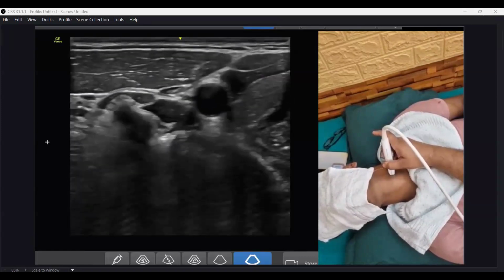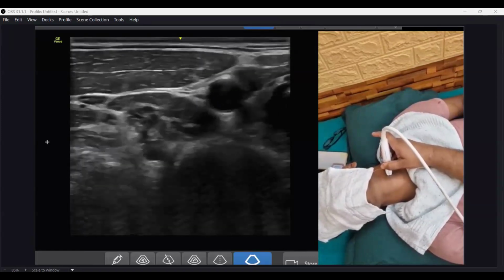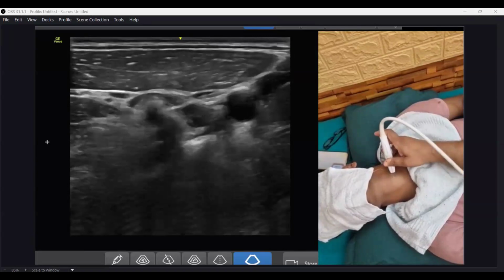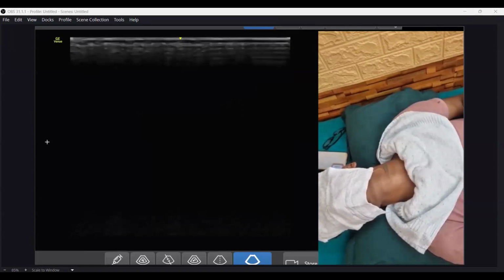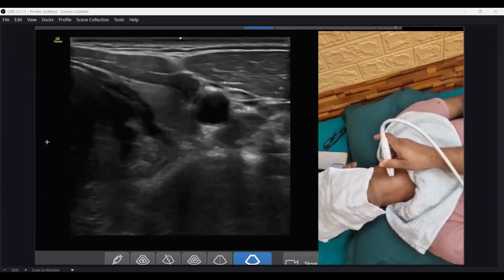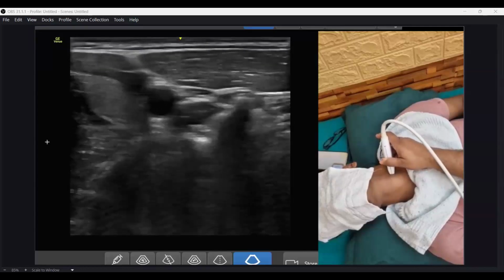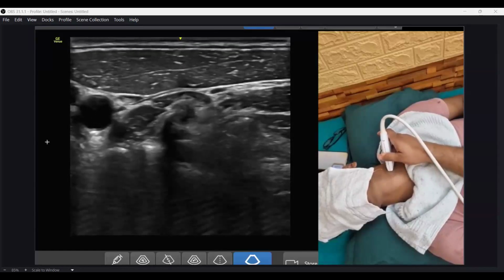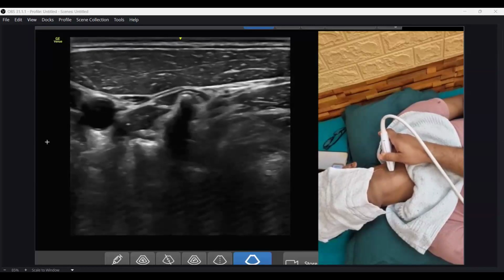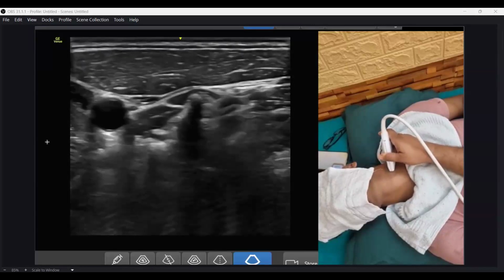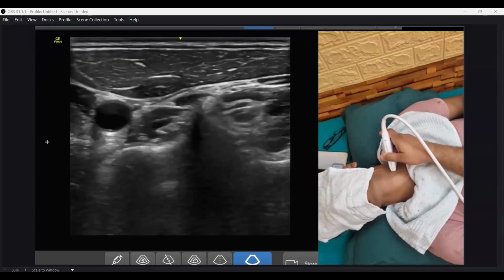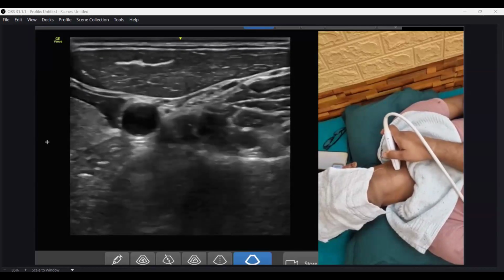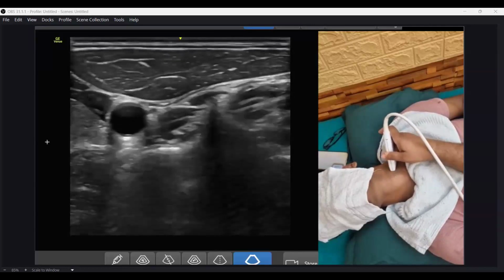Okay. Sorry, now the orientation changed because accidentally I held the probe in the opposite direction. So here at this point, we see the two tubercles of the C6. And here the nerve root is actually coming from within. Now we are going down. As we are going down, C6,